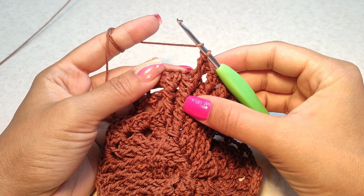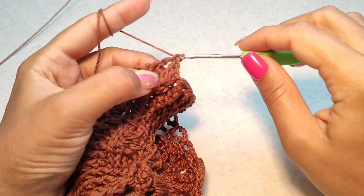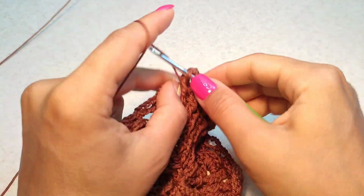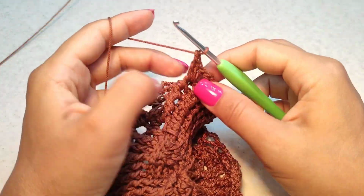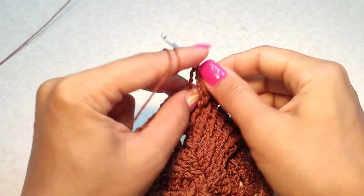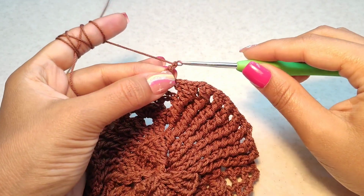Now 3 front post double crochet around the first of these two. 1, 2, and 3. Chain 1, 3 single crochet into 5 chain space. 1, 2, 3, 4 chain,